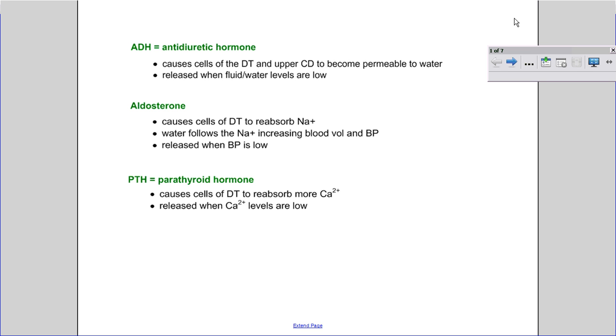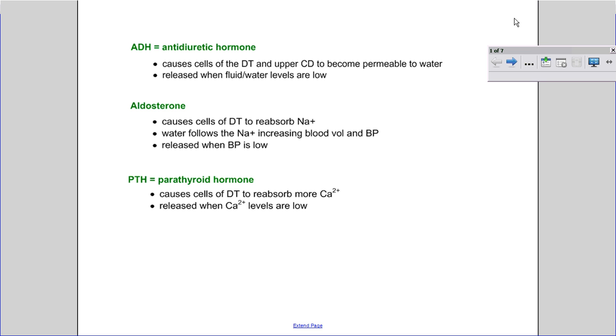Okay, the second hormone that we're going to talk about is aldosterone. And aldosterone's job is to help when blood pressure isn't high enough. Okay, so if your blood pressure is low, then there's a few events that are going to happen that end up causing the release of this particular hormone. Okay, aldosterone is released from the adrenal gland, and it is going to cause the cells of the distal tubule